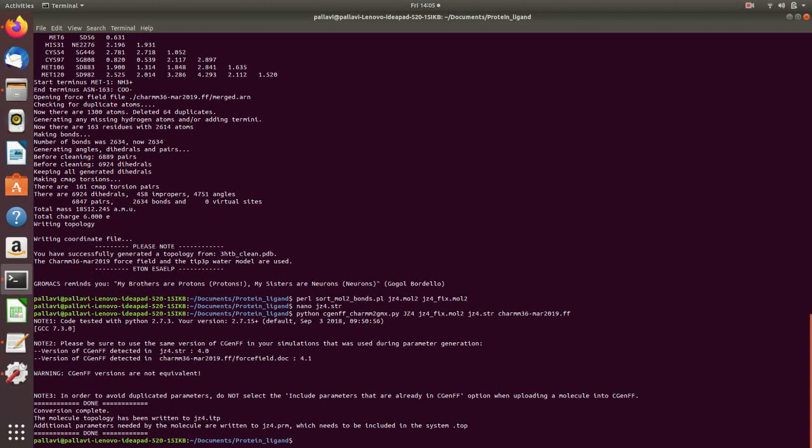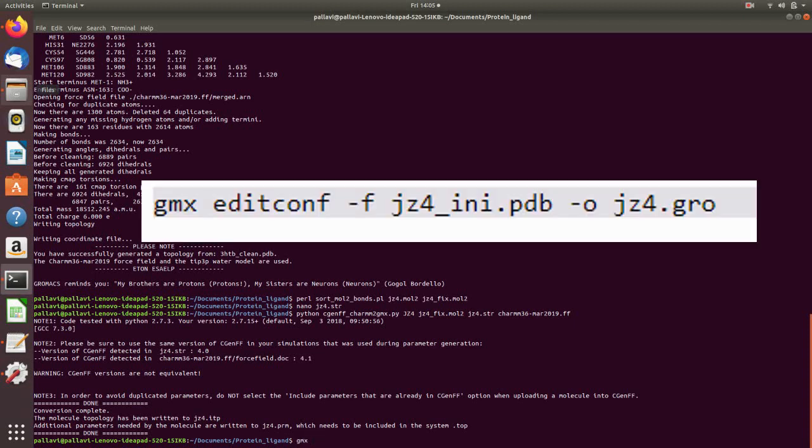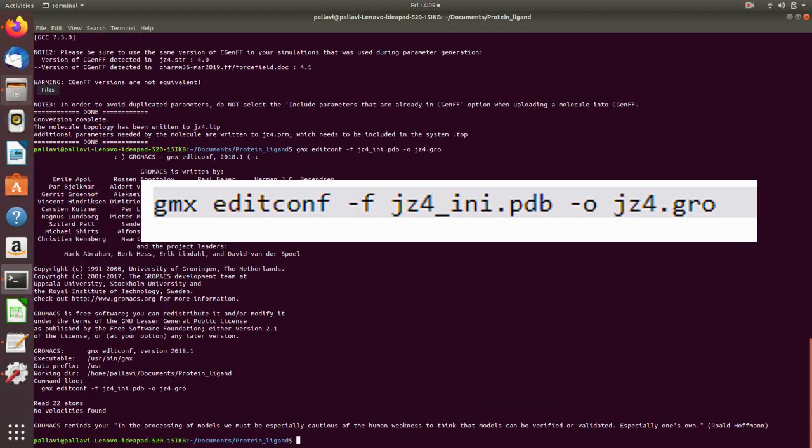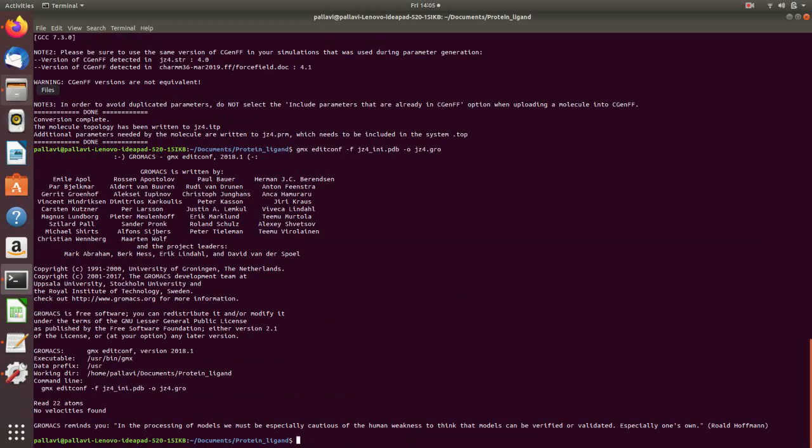The first step is to convert the PDB file obtained in the previous step to a ligand's GRO file, which can be done by gmx editconf, the file jz4_ini.pdb, and the output will be jz4.gro. So this outputs a gro file.